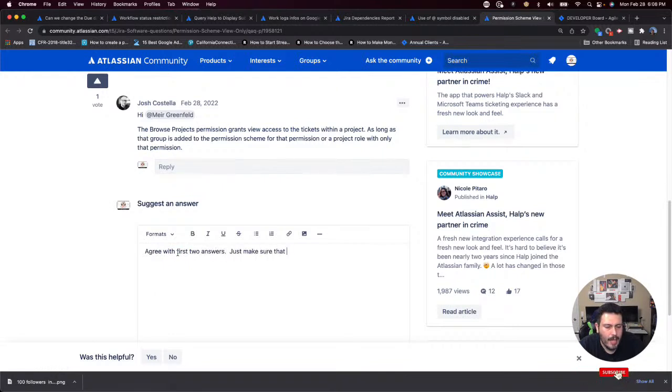Just make sure that the create, edit, etc. do not have any logged in user on the right side. Otherwise, the permission will not have the same effect.